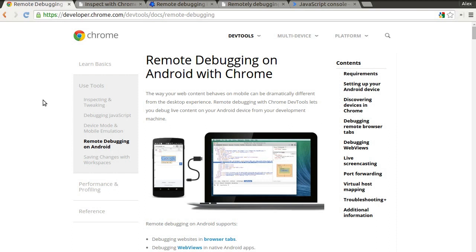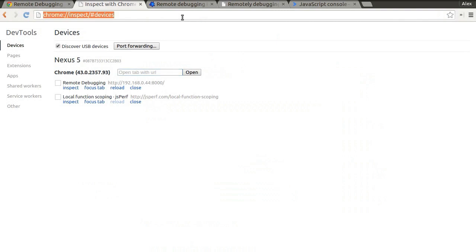I'll walk you through this with Android as it's a little bit more established, but iOS does support many of the same tools via Safari. To get started with remote debugging for Android on Chrome, I highly recommend this site here, which will walk you through exactly how to set up your phone. But as an overview, it simply requires connecting your phone via USB cable to the computer you want to do the debugging on, enabling USB debugging on your phone itself, and then opening up this Chrome Inspect tab inside your